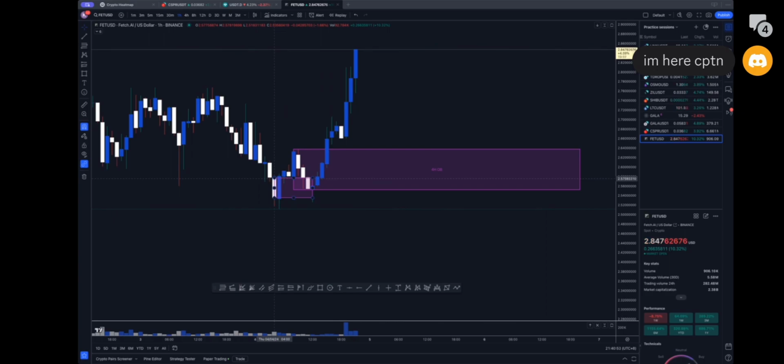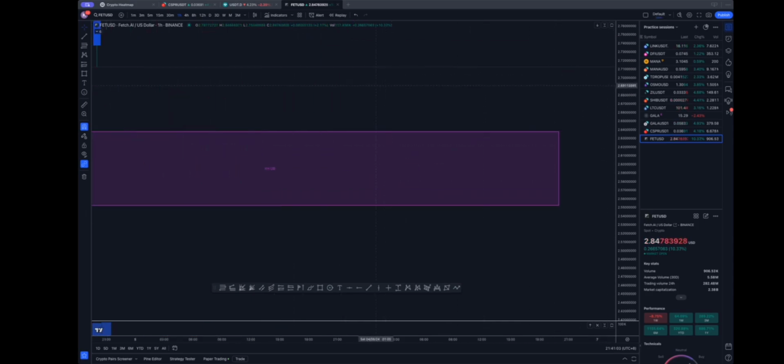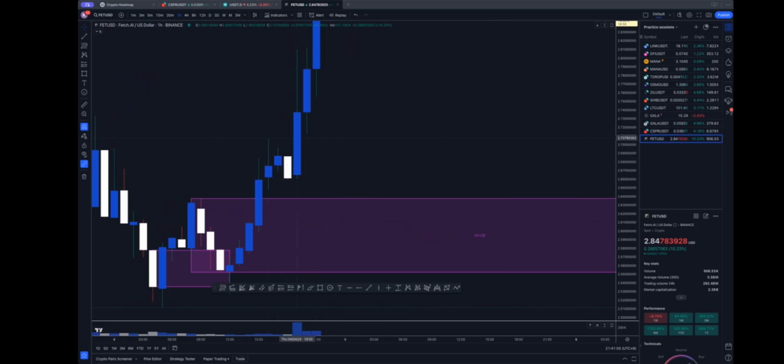And three, an order block is something that you want to draw from wick to wick on a higher time frame, or only the candle body on the lower time frame, right? Now, if you look at this, this is not an order block, right? So if you look over here,